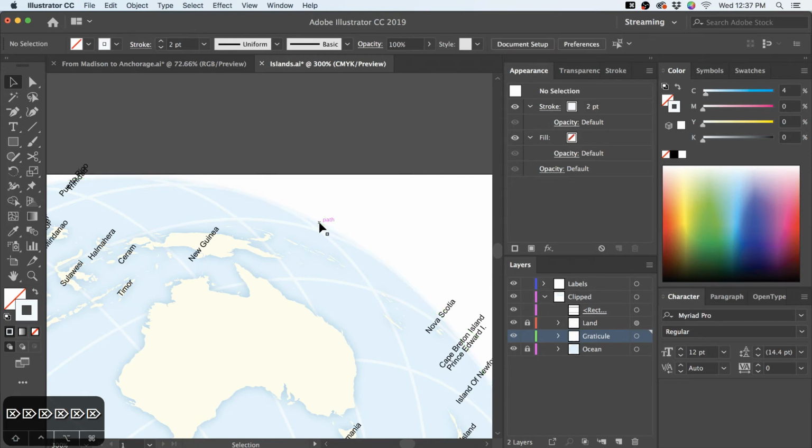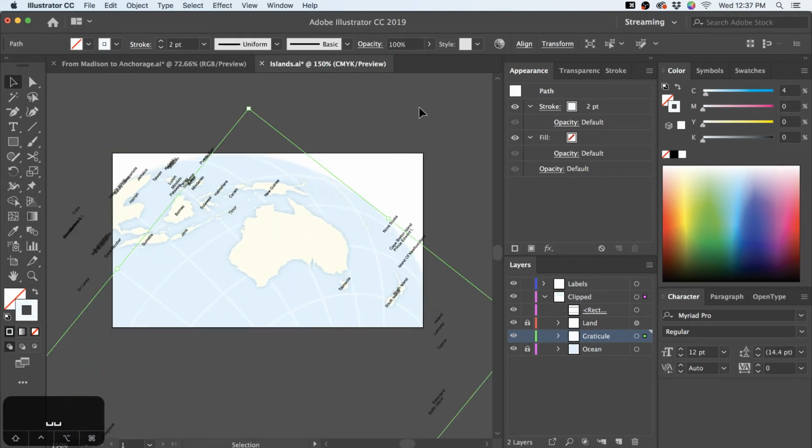Because it's got probably quite a few pieces of the graticule from the back side of the globe that are stacked on there. If I select that one though and delete it, that's going to get rid of this piece here. I don't want that. So again, you're seeing the behind the scenes. I don't want to show you canned things.